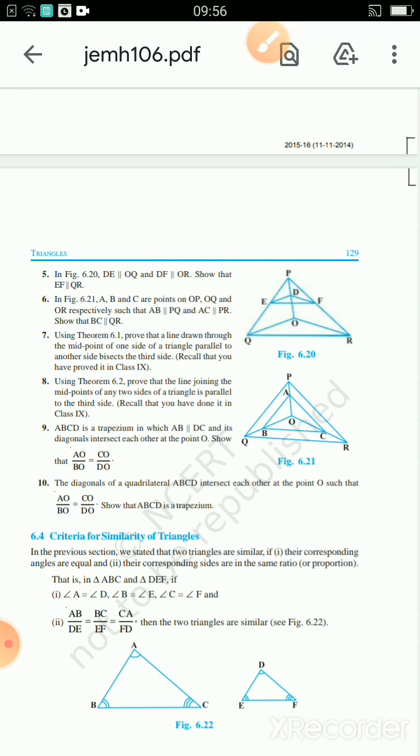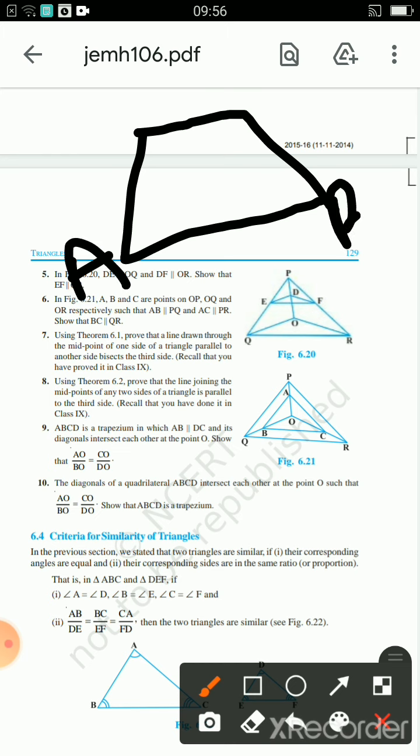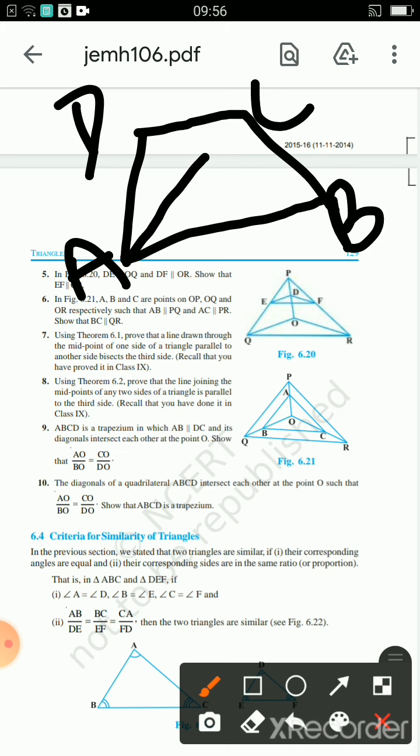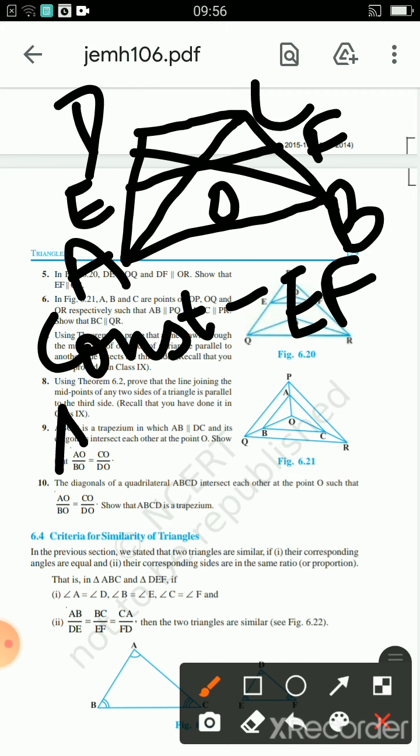The first important thing that you have to do is construct a trapezium naming ABCD and put all the points according to the data provided to you. So draw a trapezium. Name it as ABCD, and we are saying the two diagonals are AC and BD. They are intersecting at point O. So we'll do a construction first, in which we'll draw EF such that